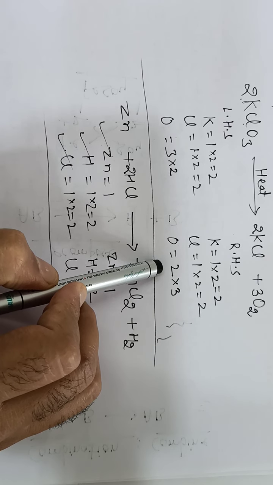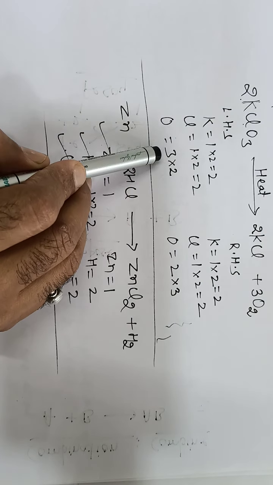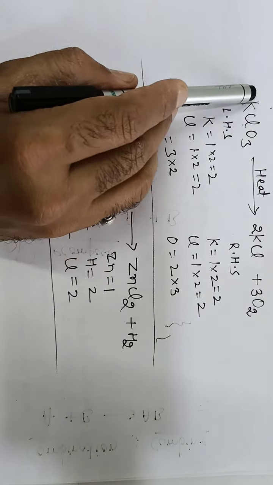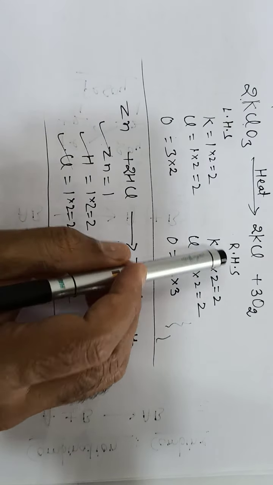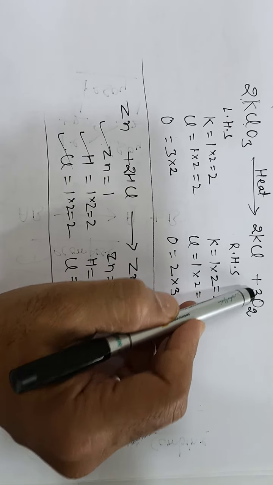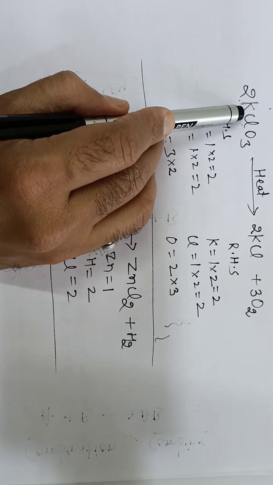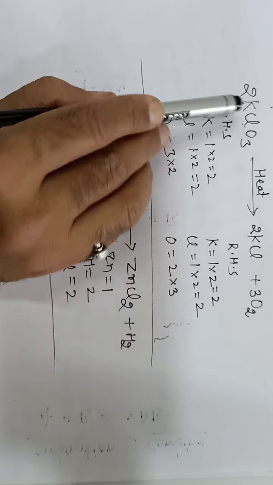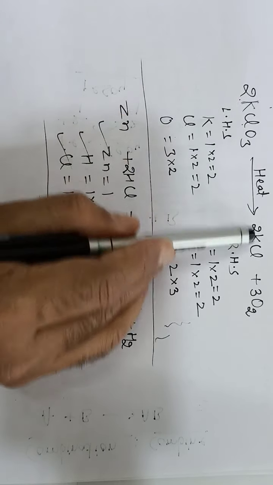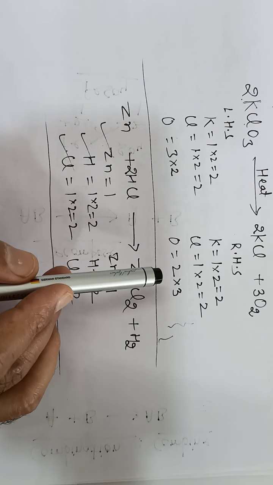Now select the formula having largest atoms, that is KClO3. Here oxygen is 3. To balance this oxygen, it is multiplied with 2, so write 2 here. Now here the oxygen is 2. To balance it, it is multiplied with 3. Now the oxygen is balanced, 6 on both sides. But here the potassium is 2. Write 2 here. Potassium is balanced on both sides. Now chlorine is 2. It is automatically balanced. Now here the total number of atoms on both sides are equal, it is called balanced chemical equation.